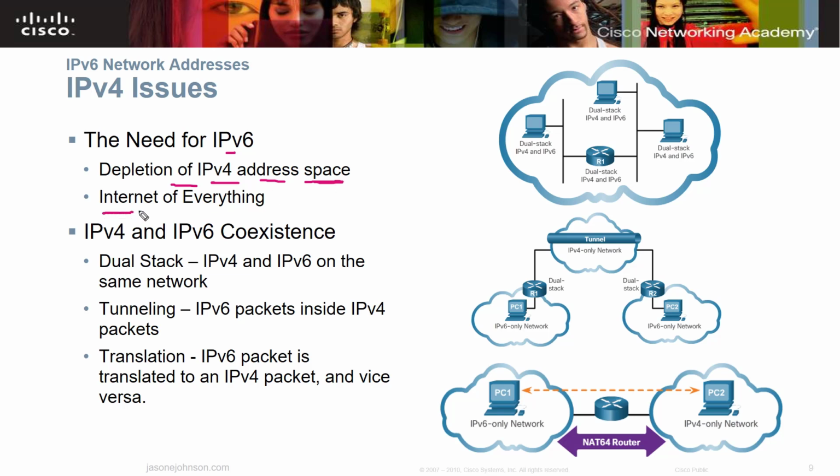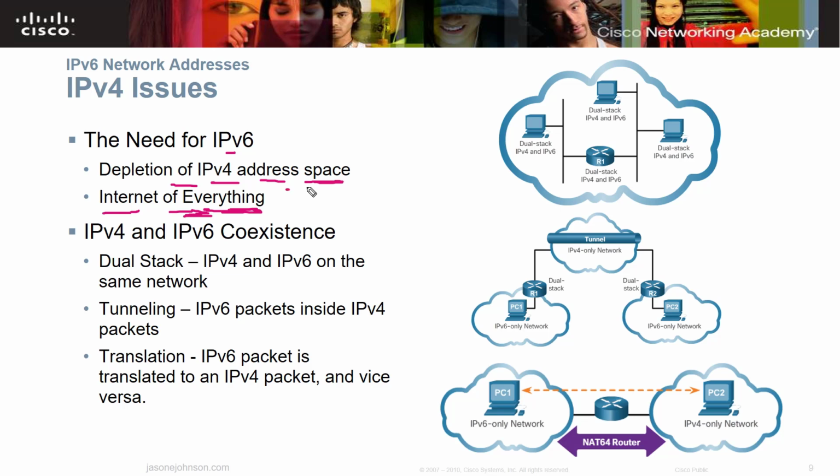And you'll hear the term Internet of Everything. The reason you hear the Internet of Everything is because v6 addressing is such a large number. It's really hard to grasp around it. And when you read your material in the Cisco course in Chapter 7, you're going to read about the size and the scope of it. But it's so large that we really could assign IP addresses to pretty much everything: every phone, every watch, refrigerators, toasters, microwaves, everything can get an IP address because there is such a large address space.